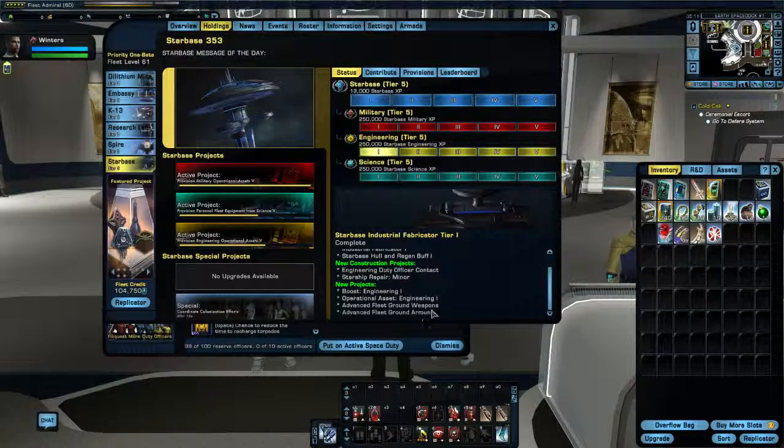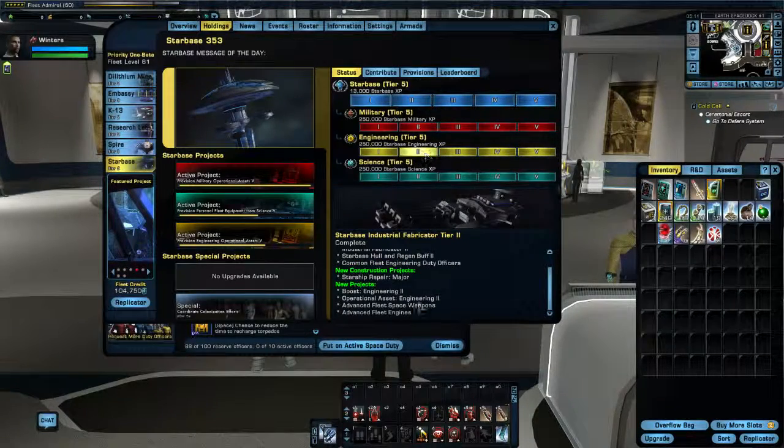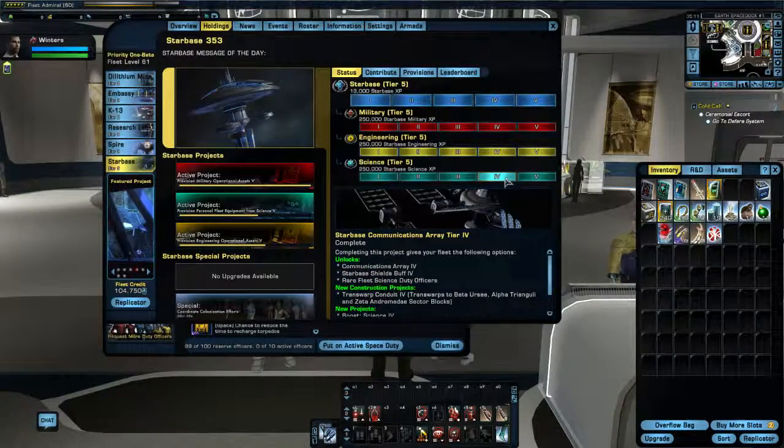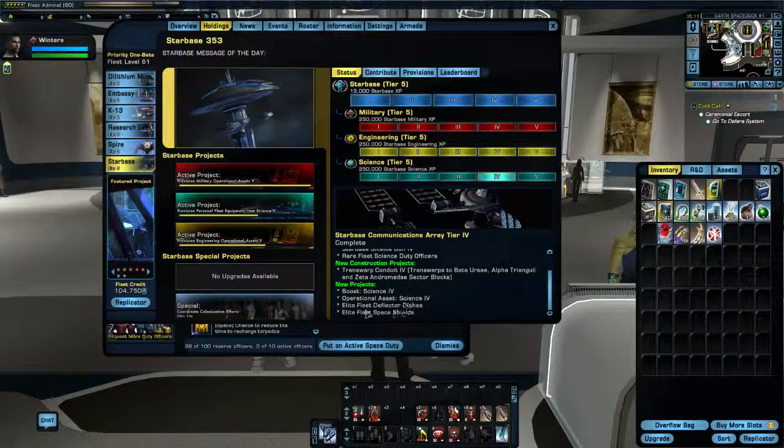That's what it unlocks. Those are the only fleet things you can purchase when engineering gets up to tier 1. When engineering gets up to tier 2, we can buy advanced fleet space weapons and advanced fleet engines. When engineering gets up to tier 3, we can purchase elite fleet ground weapons and elite fleet ground armor. And every single one of these, like let's say tier 4 science, we can purchase elite fleet deflector dishes and